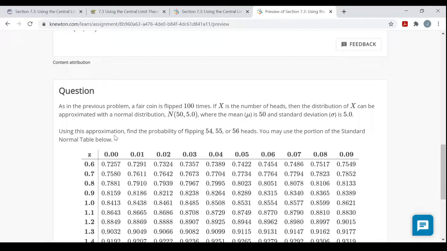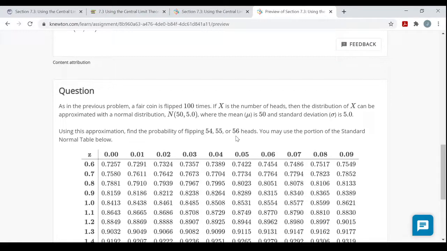Using this approximation, find the probability of flipping 54, 55, or 56 heads. So if I was making a histogram for the binomial, I'd want to include the 54 bar, the 55 bar, and the 56 bar, which would go from 53.5 to